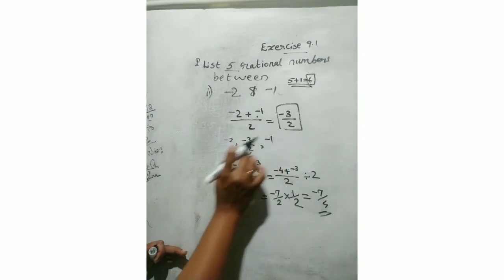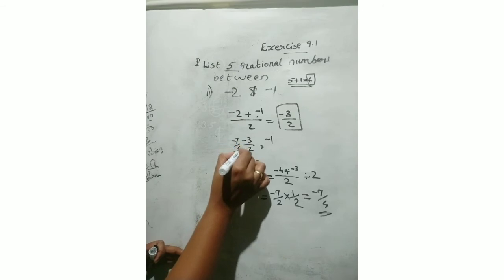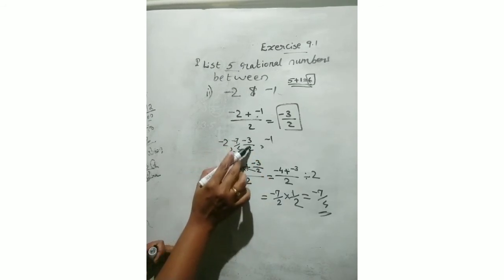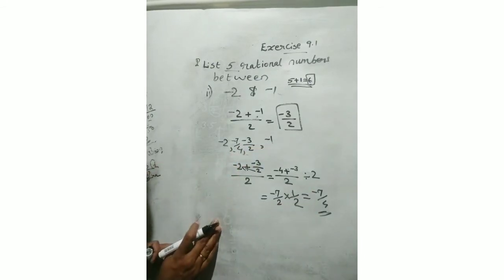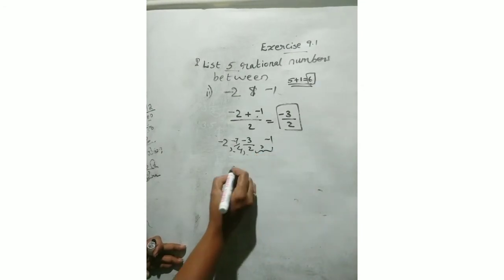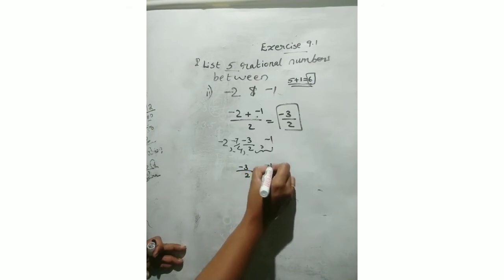So now we can say negative 7 on 4 and negative 2. So between negative 2 and negative 1 we have negative 7 on 4, negative 3 on 2. Any one method is enough, children. Okay. Then next two we can take these two, that is negative 3 upon 2 plus negative 1, the whole